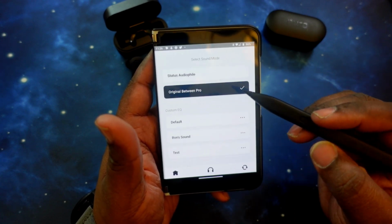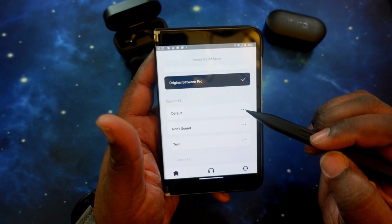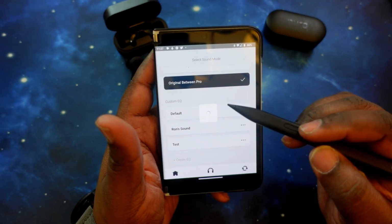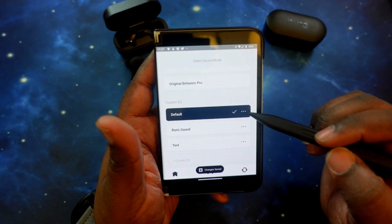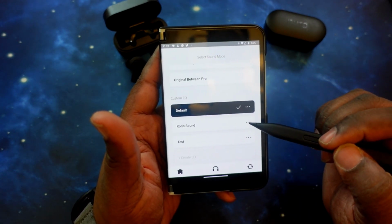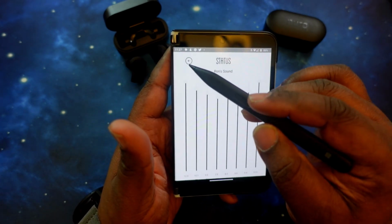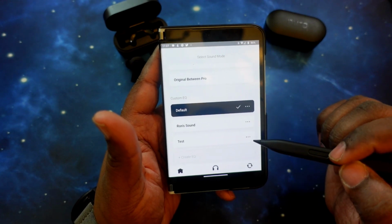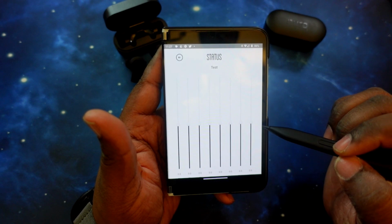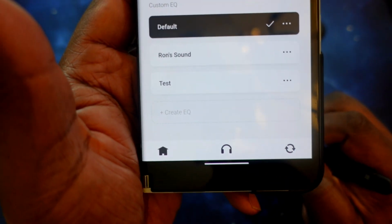All right, and of course, you've got your custom EQs here. You've got default, we can go into that. It's going to switch over real quick, and then we can tap on it. Of course, default zeroes out. Then I have my settings here, this is my personal settings for them. I did tests just to make sure I zeroed it out perfectly here. They are zeroed out. And then down here at the very bottom in the light gray, you can